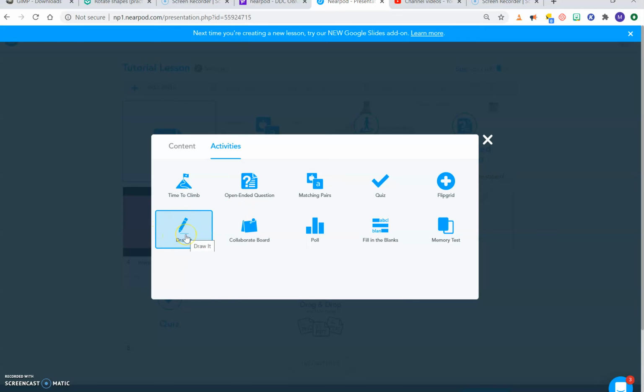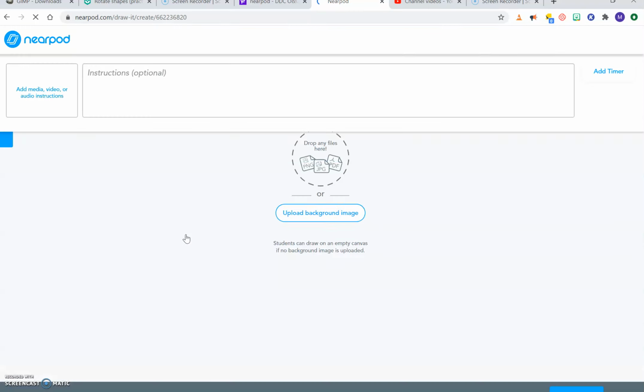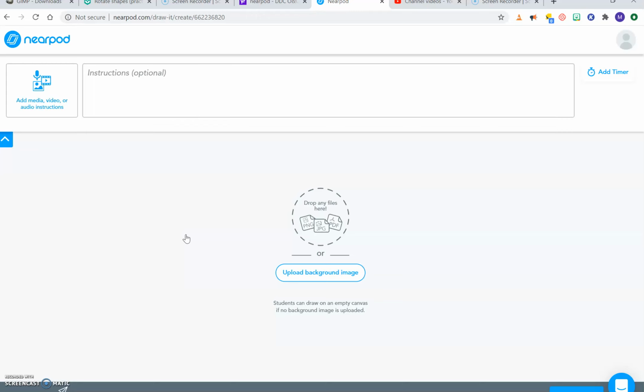So let's take a look at the Draw It option. And this is one of my favorite ones because the kids like it, and they can use their finger to annotate over the computer, or they can use a stylus, and it's just really fun. So in here you can say, show your work for the problem for working through